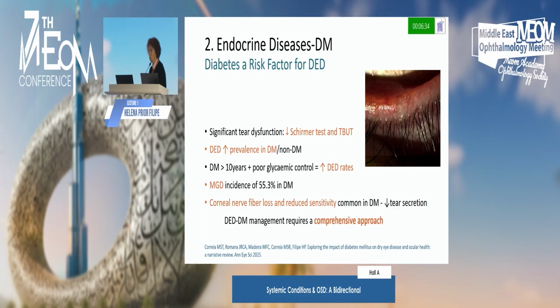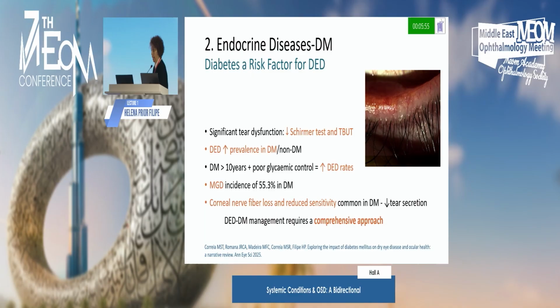Diabetes mellitus with more than 10 years of existence for the patient, and also a very poor control of this disease, is also associated with high rates of dry eye disease. Meibomian gland dysfunction is also prevalent, registering a significant incidence in diabetes patients. Corneal nerve fiber loss and reduced sensitivity is common in diabetes mellitus, and this also comes associated with reduction of